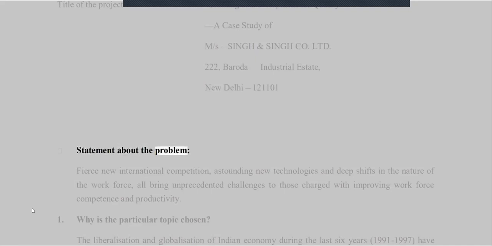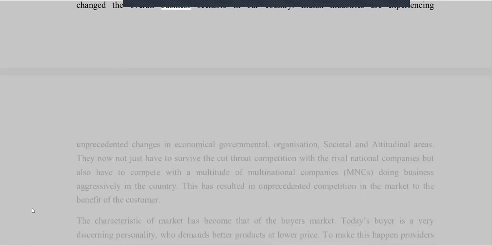Statement about the problem: fierce new international competition, astounding new technologies and deep shifts in the nature of the workforce all bring unprecedented challenges to those charged with improving workforce competence and productivity. 1. Why is the particular topic chosen? The liberalization and globalization of the Indian economy during the last 6 years, 1991 to 1997, have changed the overall business scenario in our country. Indian industries are experiencing